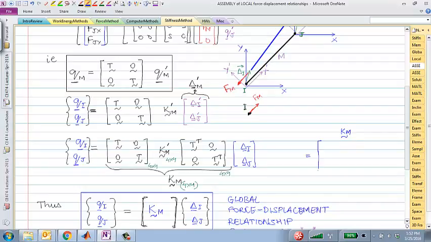But for now, let me just set up what I want to show you. So we have these 4 cross 4 global element stiffness matrices in the global coordinates, right? And this thing here,